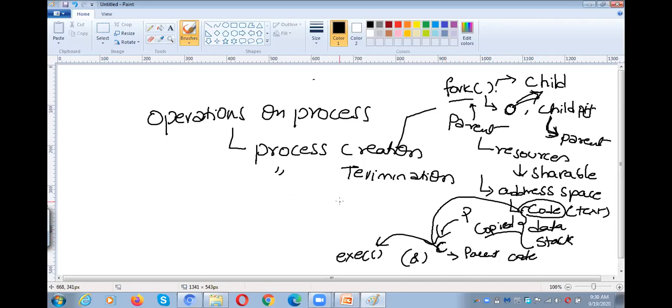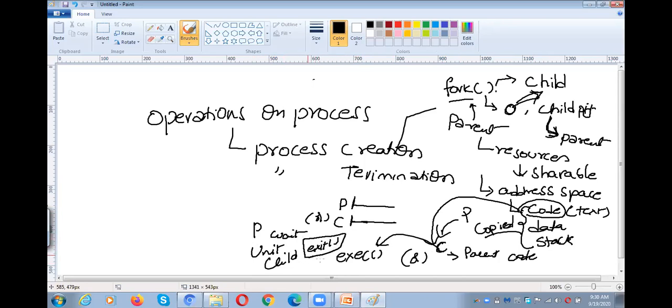The next point about execution is that whenever a child process is created, the parent process and the child process can execute parallelly, and they can start execution from the same point. Or else the parent has to wait until the child completes its execution. In order to terminate the process, we need to use the exit system call. The parent has to wait until the child process completes its execution. So all these are the points under the process creation.